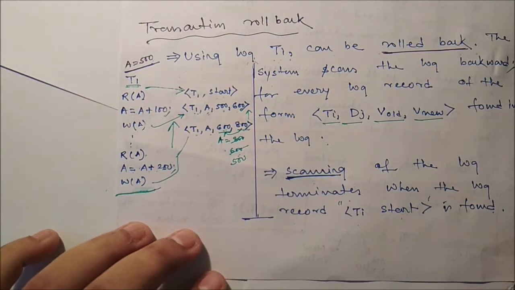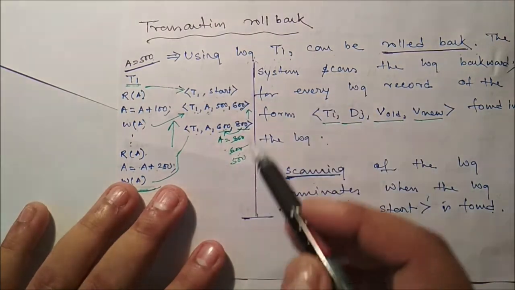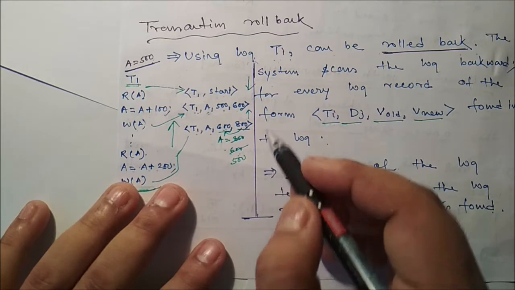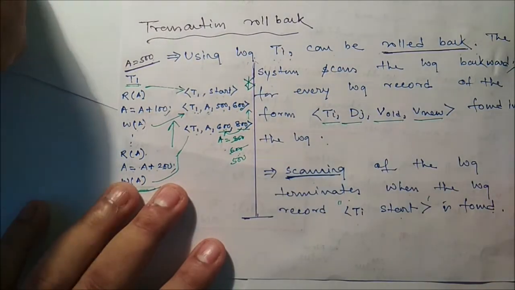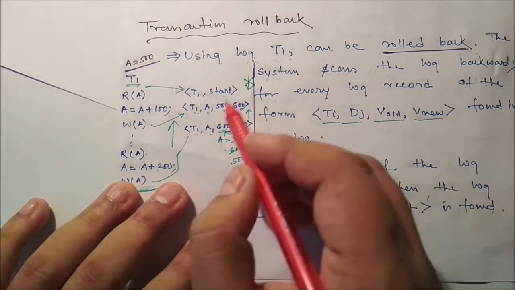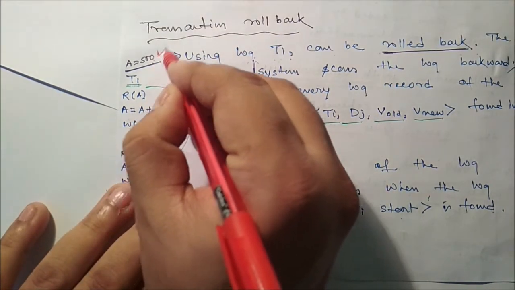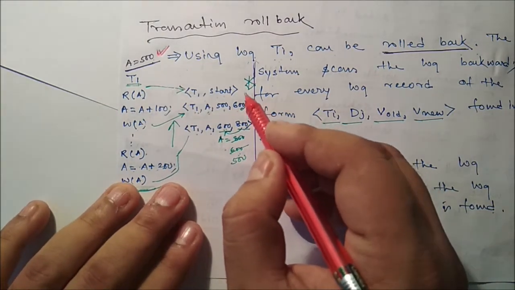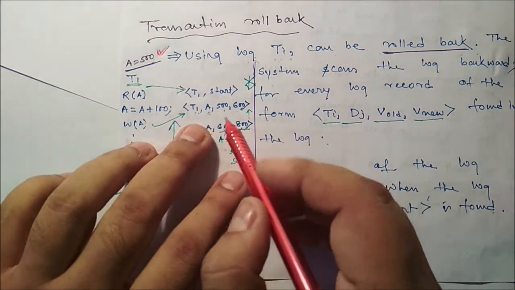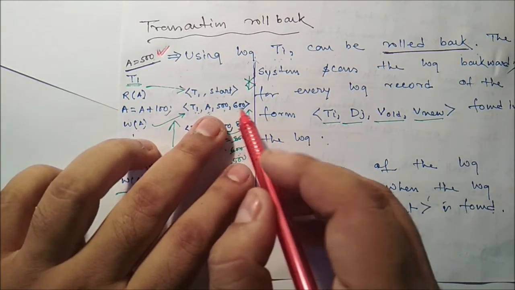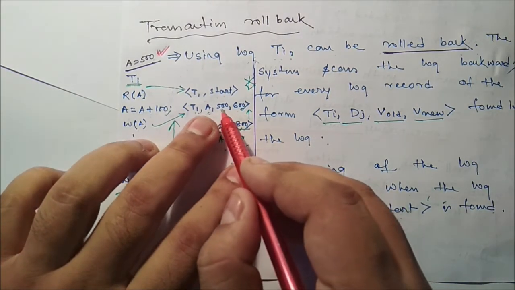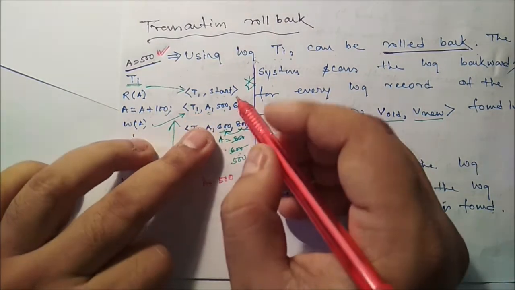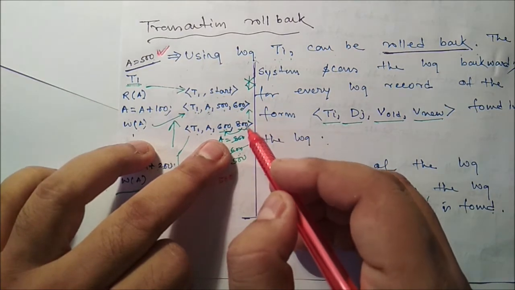Are you getting this one? Now remember one thing: while rolling back, we are restoring the old value, and we should not move forward. Suppose we did move forward. The old value was 500, and after rollback the value will be 500. But if you roll back from the beginning, what will happen? Initially the new value was 600, and we have to replace it with 500. So A will be 500. After that, if you move forward, then 600.